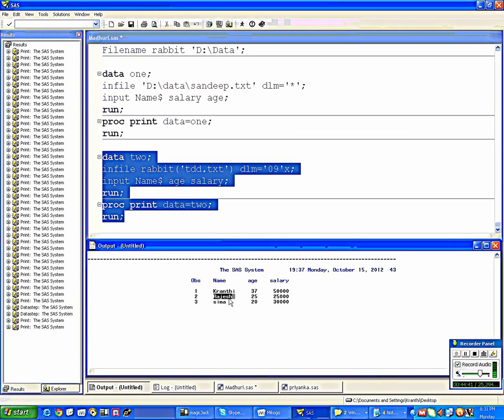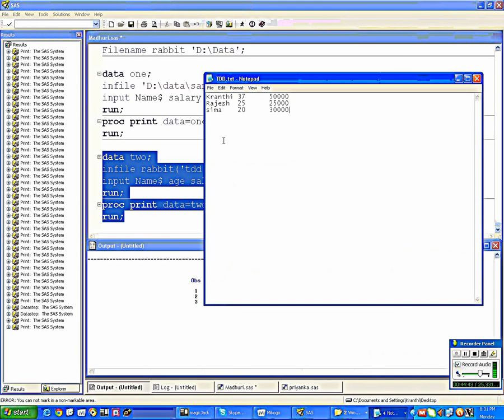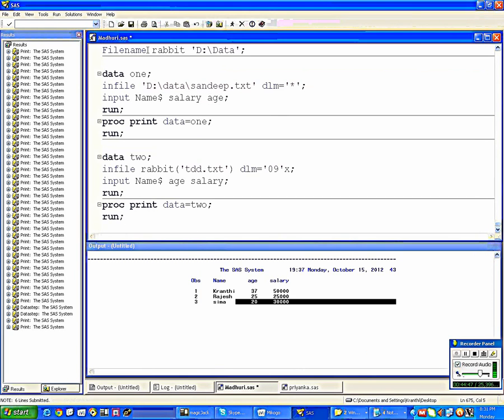You got the correct output. Kranti, Rajesh and Seema. Okay, so this is what the filename statement does. You are naming the location using the filename statement. Then let us see, instead of the zero data also, Sandeep.txt, we can use rabbit here.